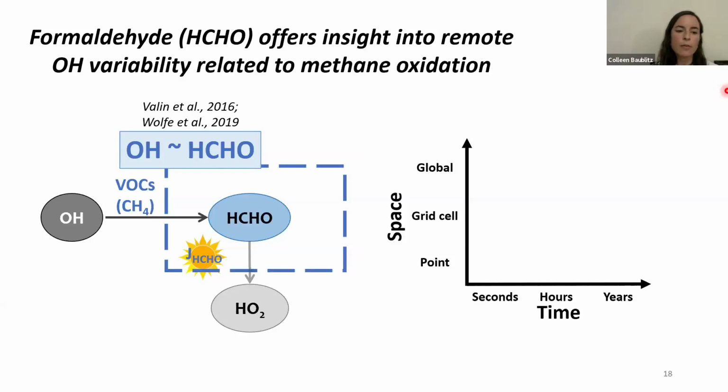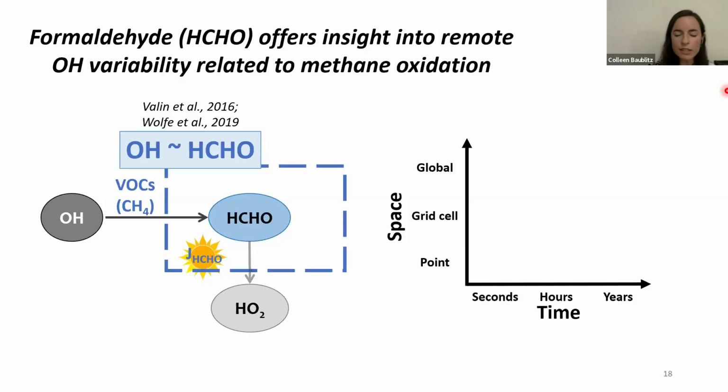And so formaldehyde is lost itself either through oxidation by reaction with OH, as it's also a VOC, or through its photolysis, which I'm representing here by the rate J formaldehyde. And so one thing maybe worth noting is that we find that over the ATom flight tracks, the vast majority, roughly 80% of formaldehyde is lost through photolysis. And so in that way, there should be a relatively linear relationship or direct relationship between OH fluctuations and those